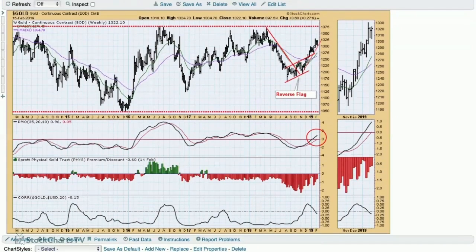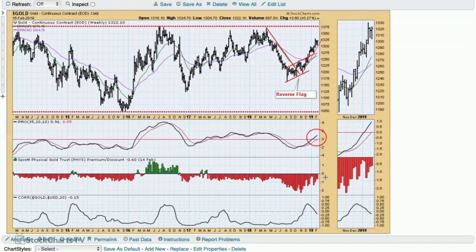Okay. Here we have a reverse flag formation, right? And we would expect that to break down, which it didn't. So it's very bullish that it's well above that rising trend channel now. The weekly PMO looks real good. Yep. We're still not getting